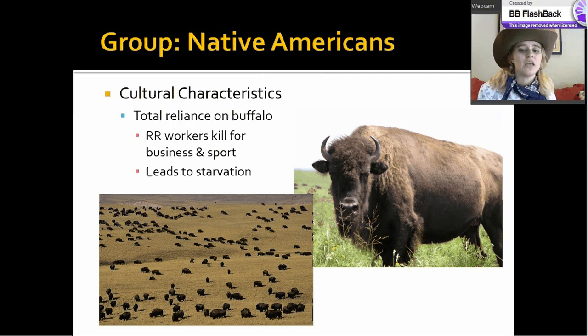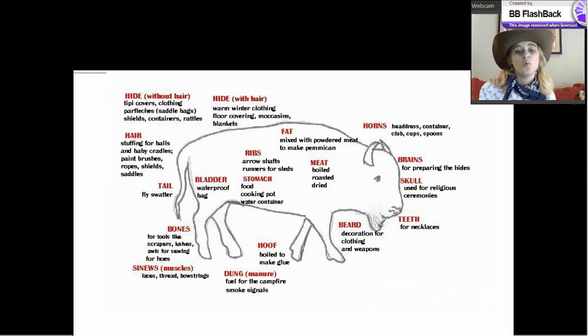And you might wonder, like, what's the big deal about the buffalo? Well, you can see that they really used everything. The hide, the internal organs, the hooves, the tail, the horns, everything is used in some way or another. You can almost think of the buffalo as like the Walmart on hooves, where everything you could possibly need is right there. And so this is what they live on. And then what they live on is disappearing. And even today, it's still an endangered species. So as you can see, lives of the natives were really impacted for the worse with this westward expansion.